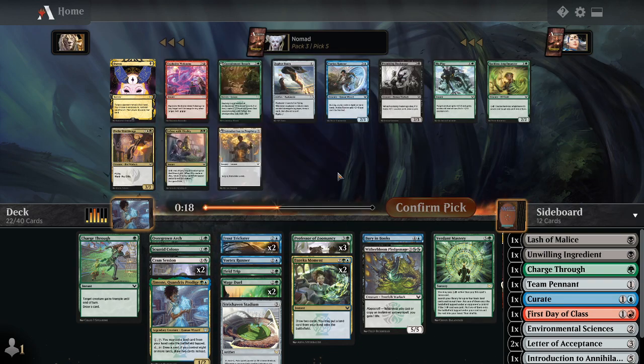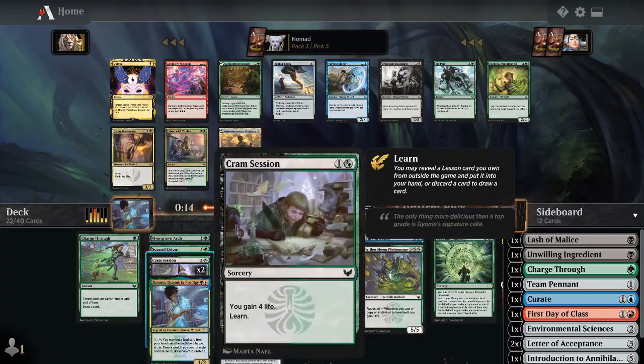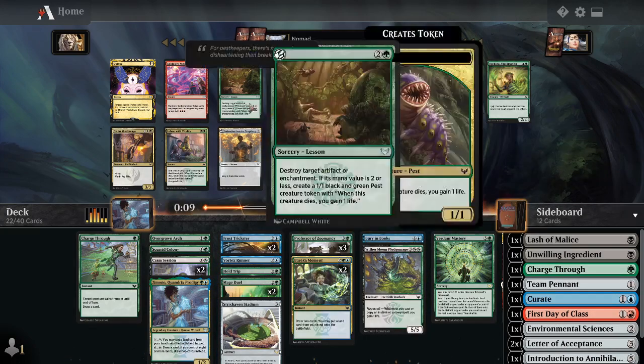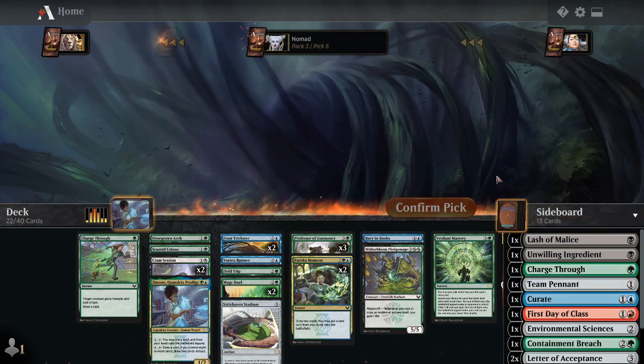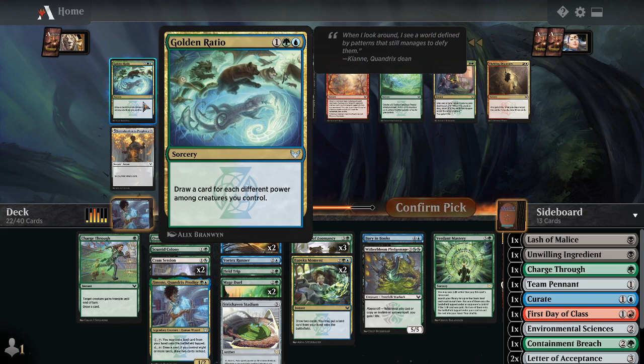Gee, I really didn't get much in the way of supporting this. I'm just blue-green at the moment. Like, I didn't really get much actual ramp. I'm on 22 cards, and I can easily put in something from the sideboard, so I'll just take some more stuff for my learn pile. Each different...